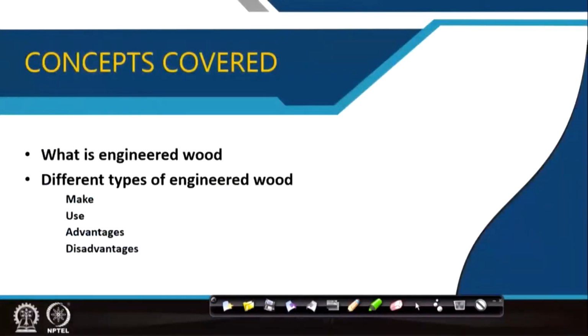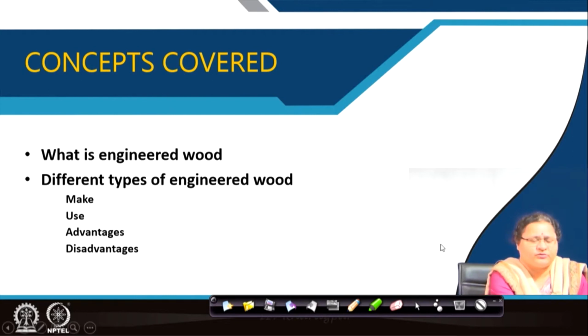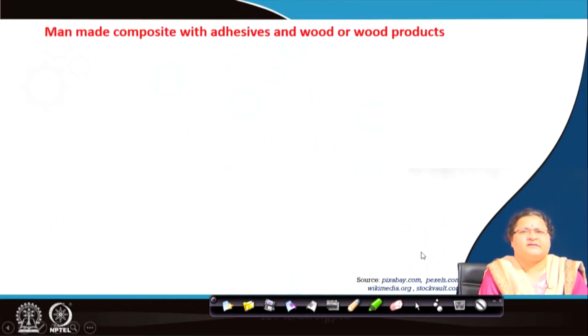First, we will discuss what engineered wood is, the different types of engineered wood, making of it, using it, its advantages and its disadvantages. So, what is engineered wood? It is made by human beings and it is not only wood, but a wood composite. It is made with the help of adhesives, and we use up the waste which is generated